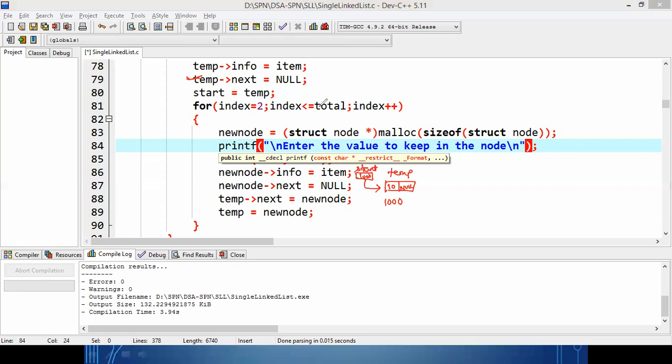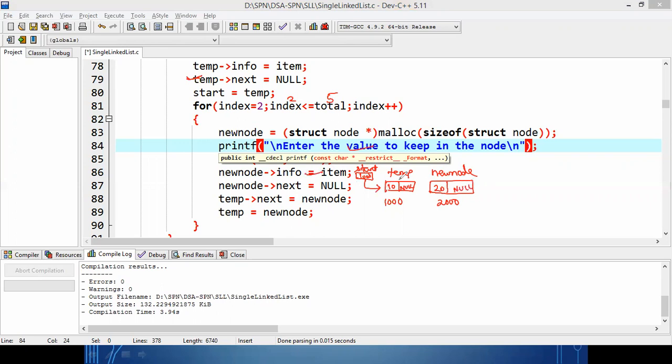Suppose the total I have given as 5. Index will be 2. 2 less than or equal to 5 is true. Again, one more node I'll create, named new node. Memory suppose 2000. Now I am taking the value as input, so 20 I am keeping in the info part. Next part I am keeping null.